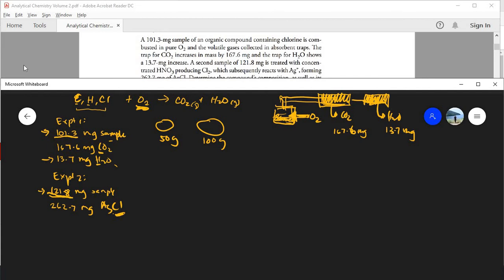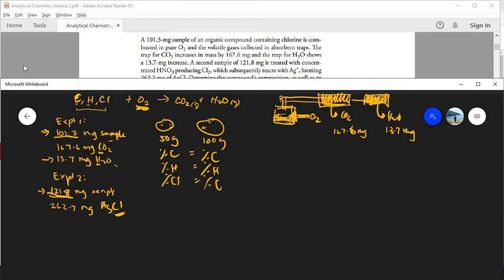if they have the same identity, if these are the same samples, just different weights, then whatever percent carbon is present here is equal to the percent carbon present here, and the percent hydrogen present here is equal to the percent hydrogen present there. So that's why we need to get the percent. And an advantage of that, class, is that if